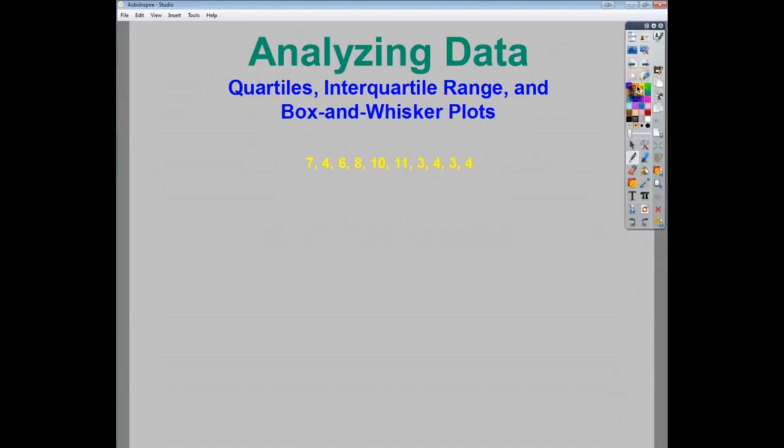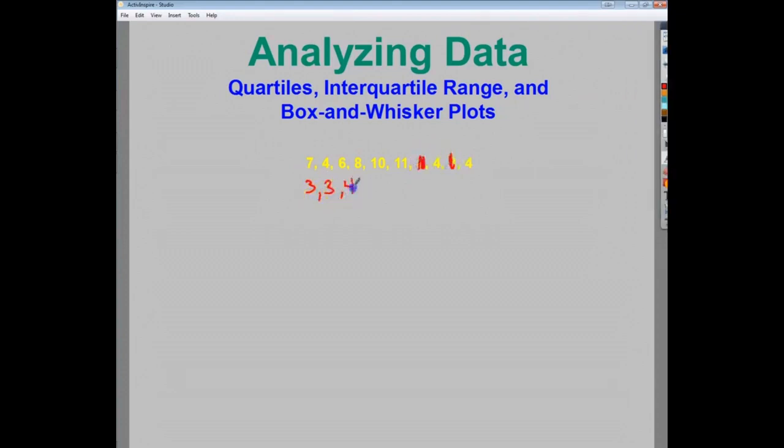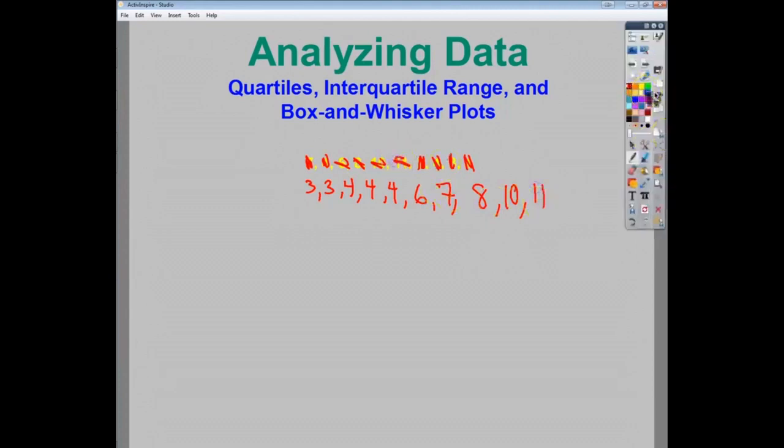So ascending, preferably, 3, it's kind of McDonald's colors now, 3, 4, 4, 4, 6, 7, 8, 10, and 11. Now, when I talk about interquartile range, or when anybody talks about interquartile range that knows any idea what they're talking about, we're talking about breaking it up into groups of 4,